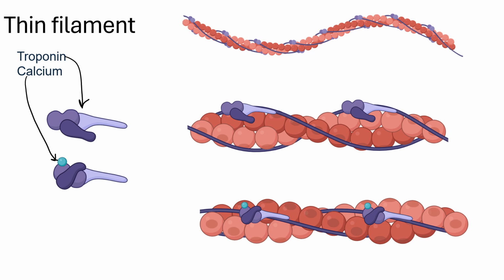As you can see from the picture in the center, again, I have my thin filament, and all of the active sites on the actin subunits are covered by tropomyosin. Also note that calcium is not attached to the troponin. When calcium attaches to the troponin, as in the picture on the bottom, it's much like a key that's inserted into a lock. And troponin allows the tropomyosin, kind of like the door, to twist open and reveal the active